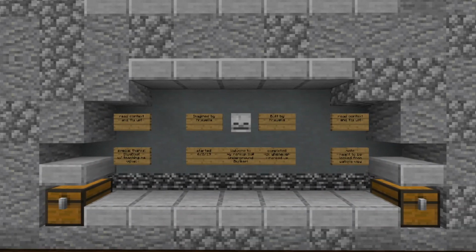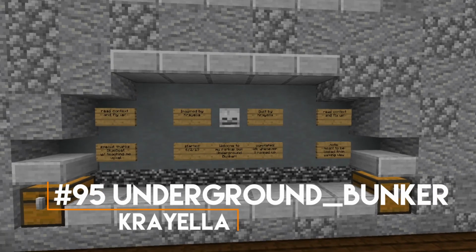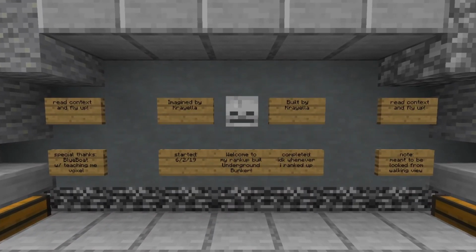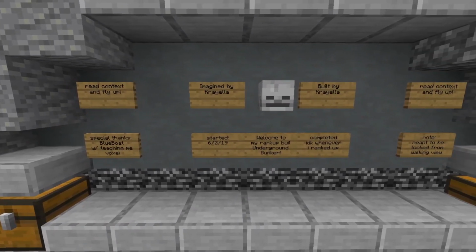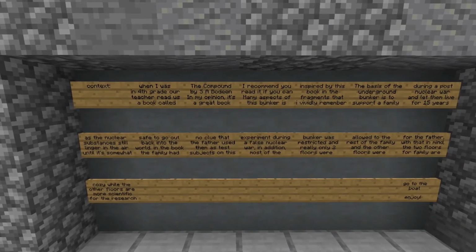As we get to the halfway point of our episode, we're on to build 95, Underground Bunker by Craella. And before we see the plot itself, we just need to have a little look at these boards put for us by Craella. Obviously had some help from Blueboat teaching Voxel. Thanks, Blueboat. And they said there's a little story to look at here. I'm not going to read that all out because that would take ages and we don't want a massive episode again. Basically,